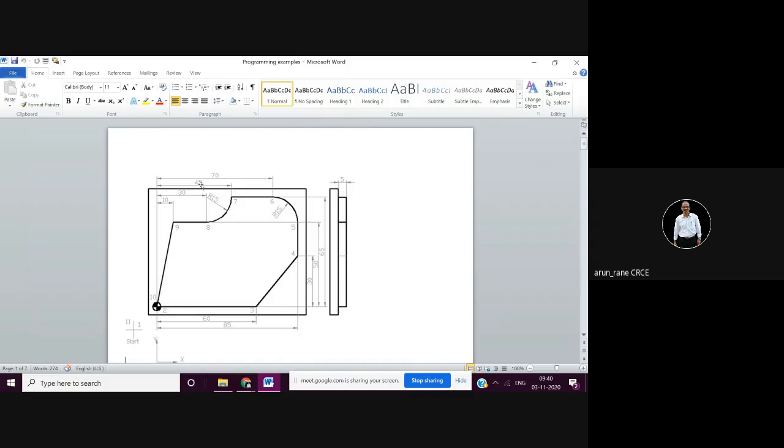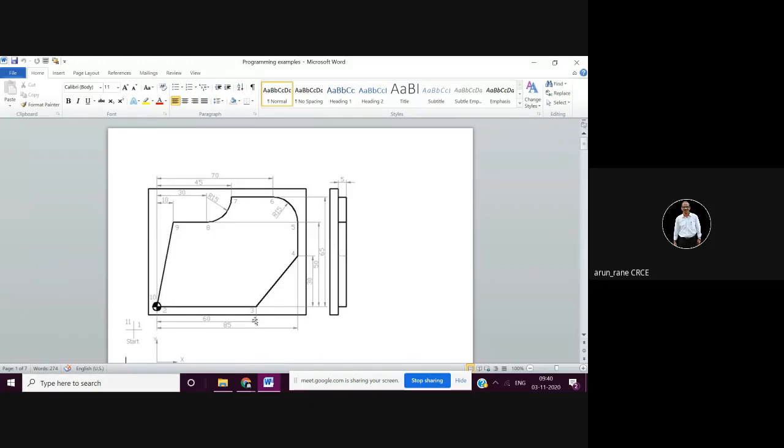Of course, you need not show all the dimensions, but you need to show the profile. Once you have drawn the diagram, you need to show your zero point. This is what is important.